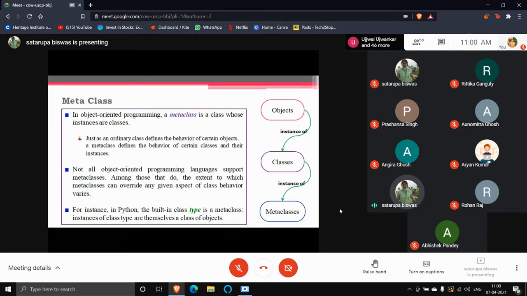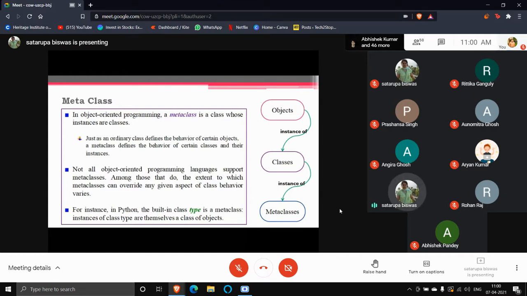Obviously, the meta class will have some predefined properties written inside it. That will be followed by the derived classes that you are deriving or instantiating from the meta class. But all the classes may not use the same properties always. They can override some part of it. They can change some part of it. But how many changes are acceptable completely varies from programming language to language.